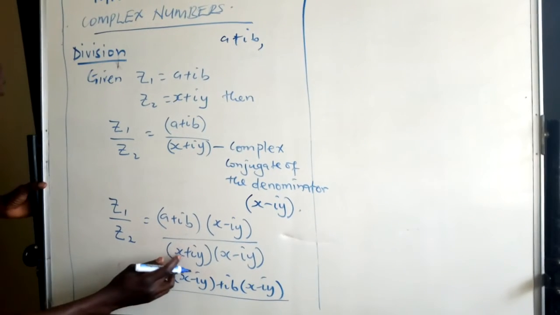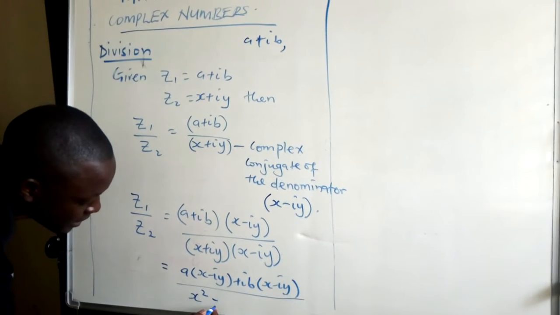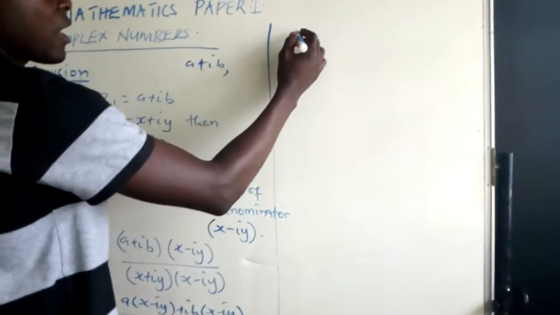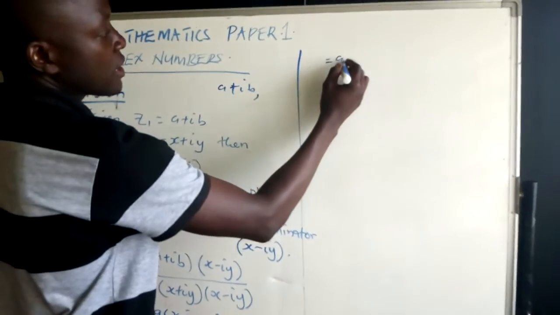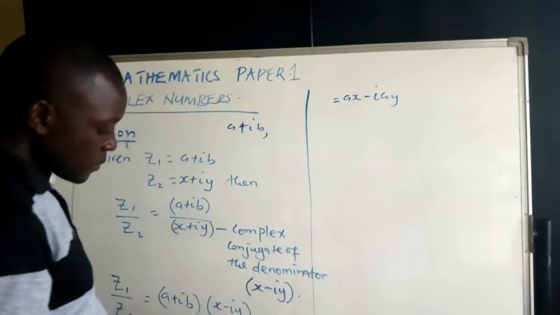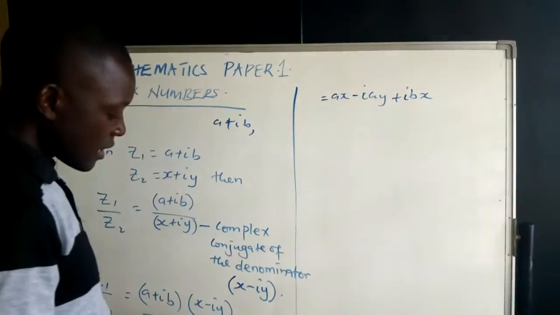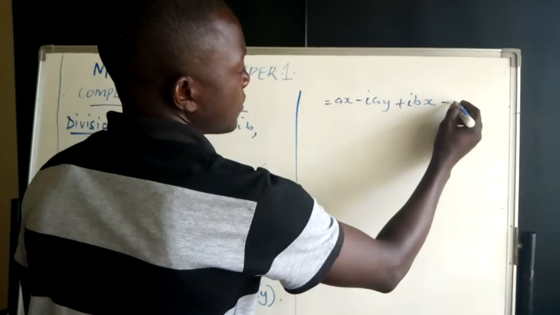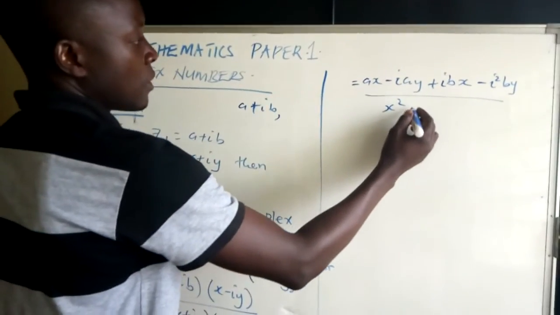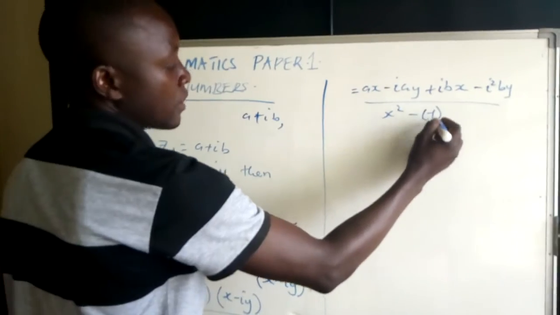It means that whenever you have the same numbers and the signs are different and you're multiplying, it's a difference of two squares, and this gives us x squared minus iy, the whole of it squared. And furthermore, up in the numerator we shall have a times x, which is ax. A times negative iy is going to be minus iay, then plus ib times x, that is ibx, then ib times negative iy, this is going to be negative i squared by over. Now in the denominator we have x squared minus, this is going to be i squared, of which i squared is going to give us negative 1, times y squared,